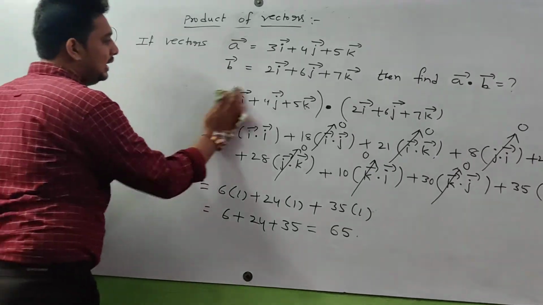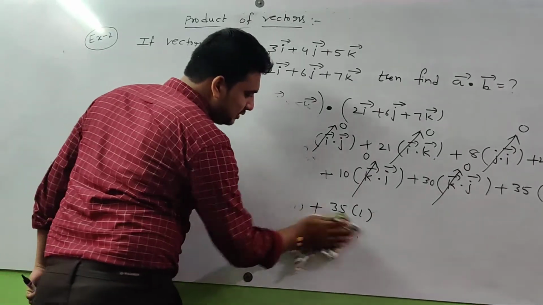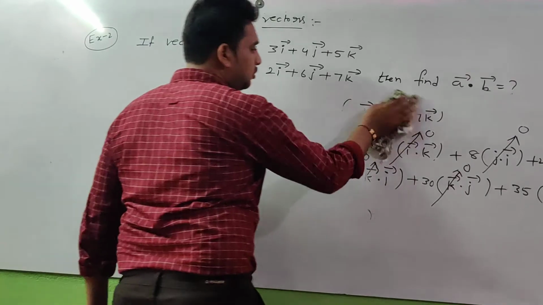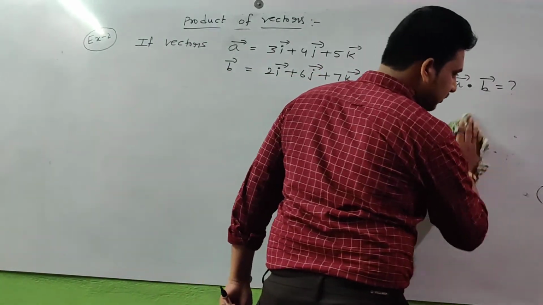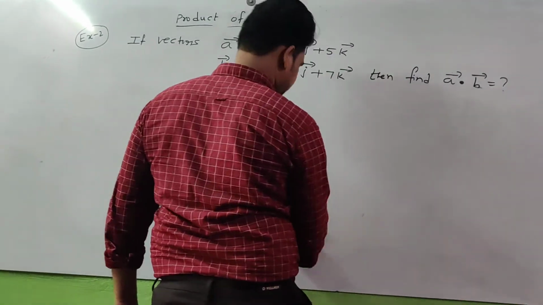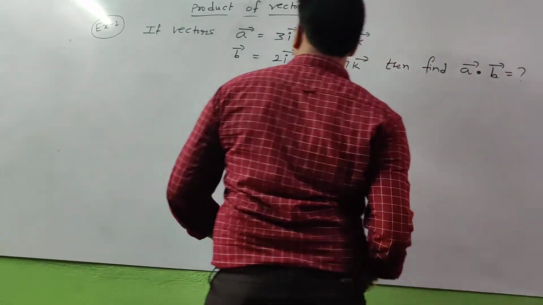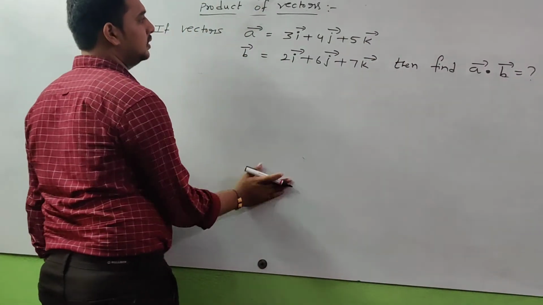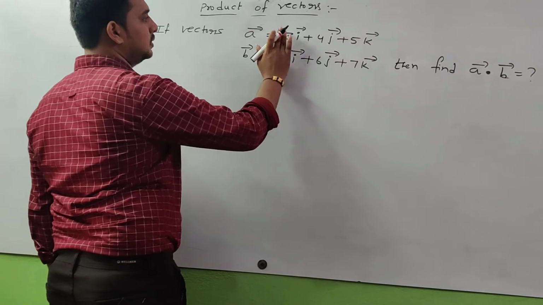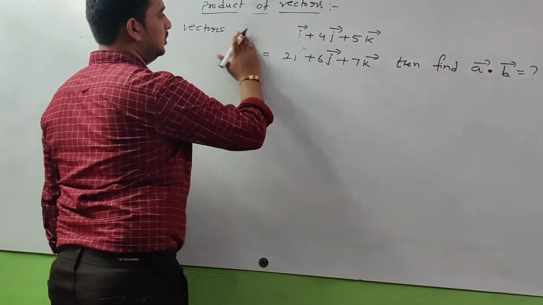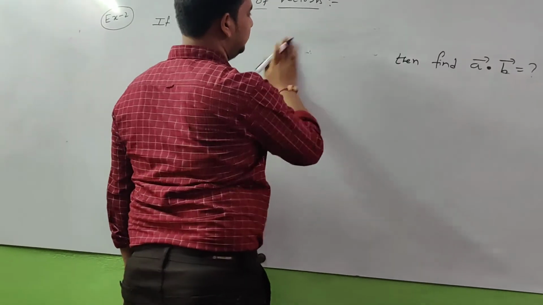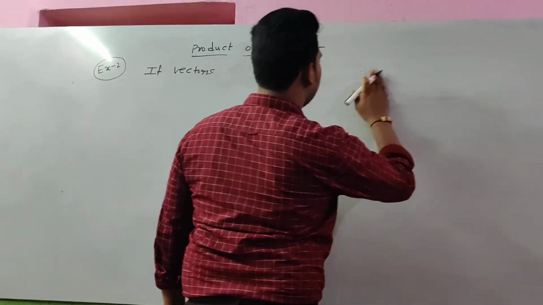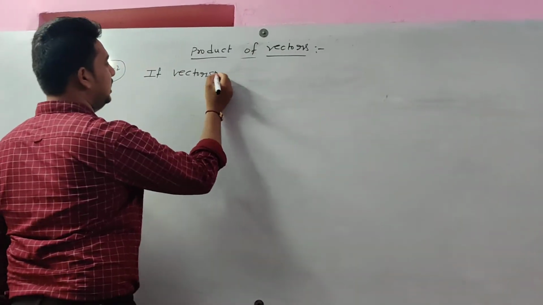So now I'll consider another example. After completion of this, you will get a clear idea about this dot product of vectors. Dot product of vectors. For example, simple problem. If vectors